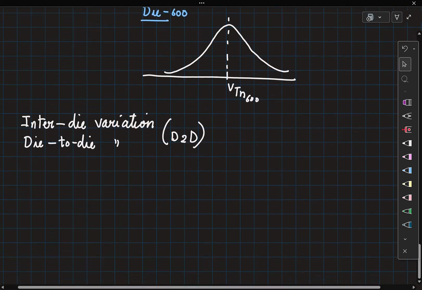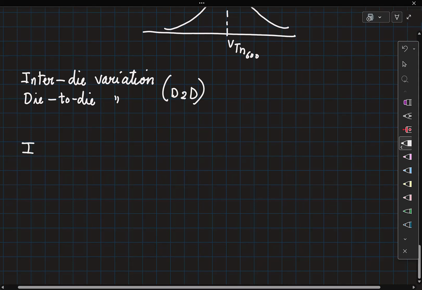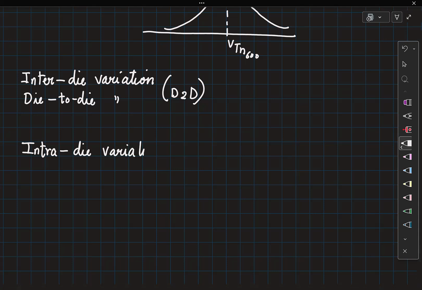And this is called intra-die variation, or also called within-die variation. This is abbreviated as WID.